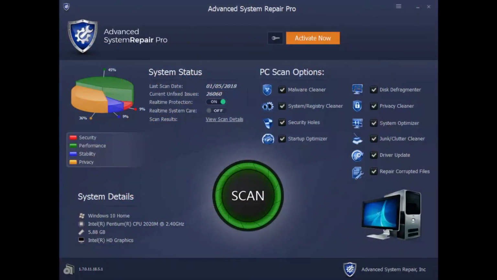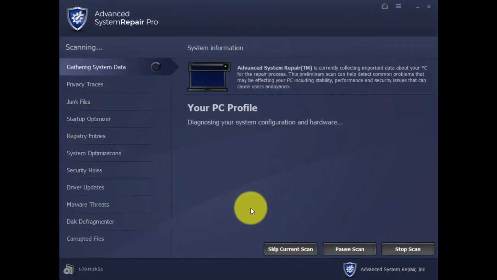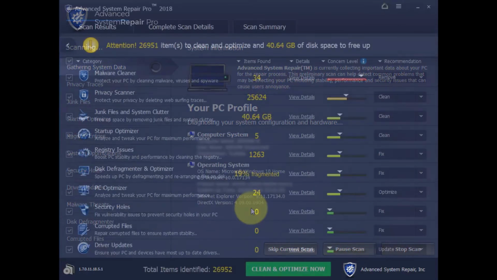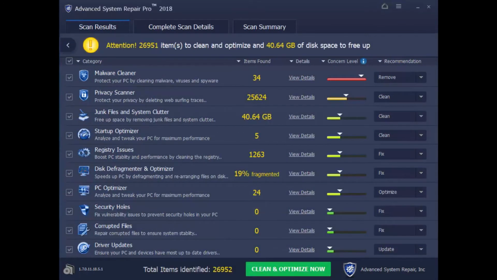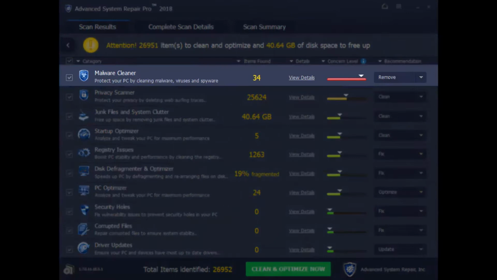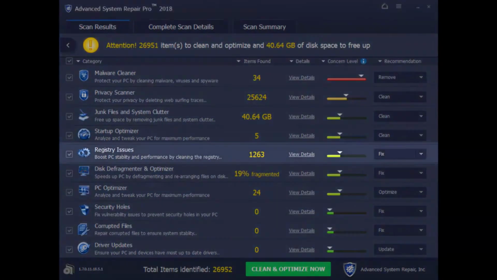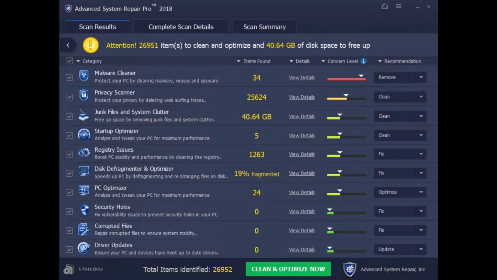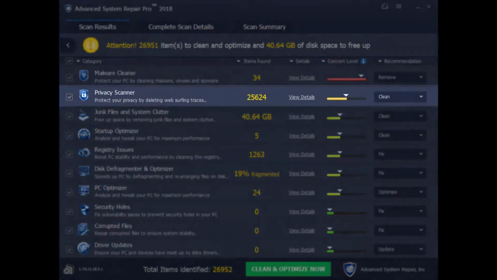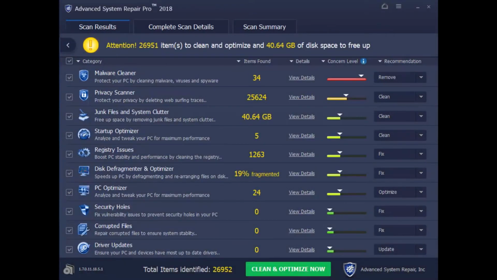With this software, you can run a scan of your computer to diagnose why it's not running in peak performance. Simply click the scan button and wait a few minutes while it runs a complete diagnosis of your computer. And here are the results. As you can see, the software can do many of the steps we had mentioned earlier, as well as perform some additional performance tweaks, such as removing malware, updating drivers, fixing registry errors and corrupted files, and it will even help protect your privacy. But please take note that in order to perform all the tweaks, you'll have to register